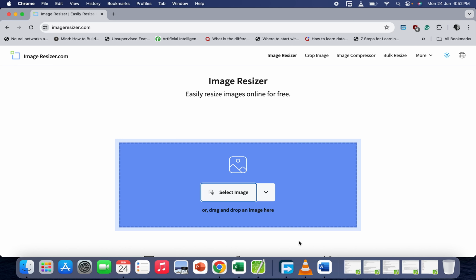In today's video, I'm going to show you how to resize your image. So let's say you are uploading an image on a platform or a particular site which is requiring you to upload a specific dimension of an image. So here we have the